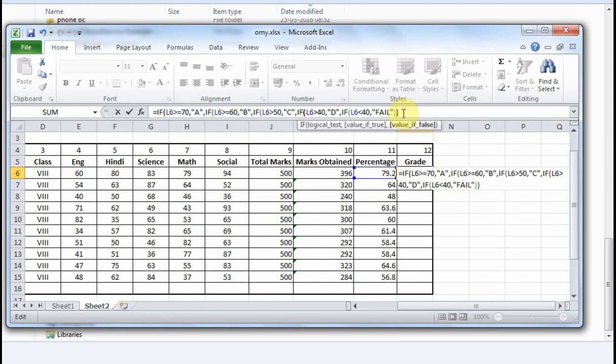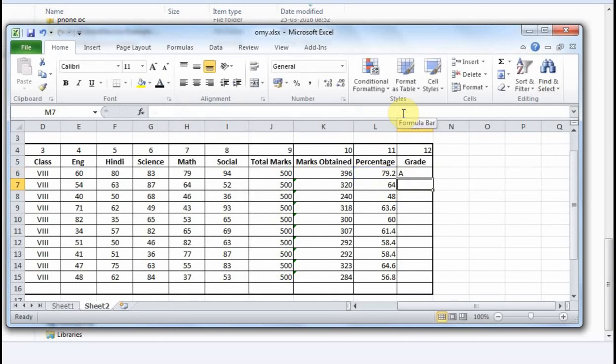Like how many we started: 1, 2, 3, 4, 5, so 5 we have to close. 1, 2, 3, 4 and 5, then enter. So it will show us the grade. Now just keep it and drag and drop, so it will give you all the grades.